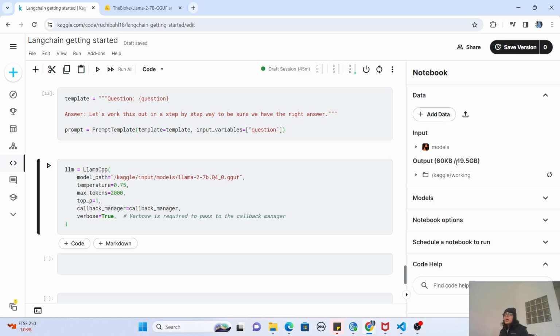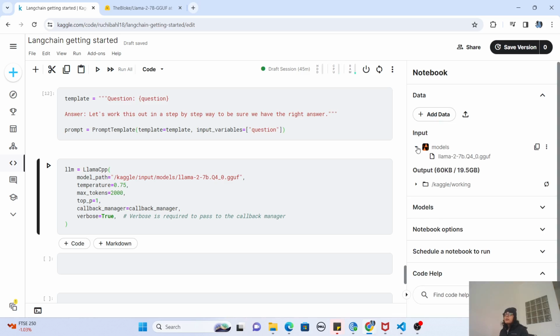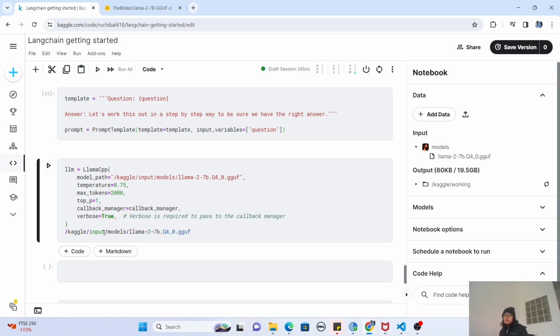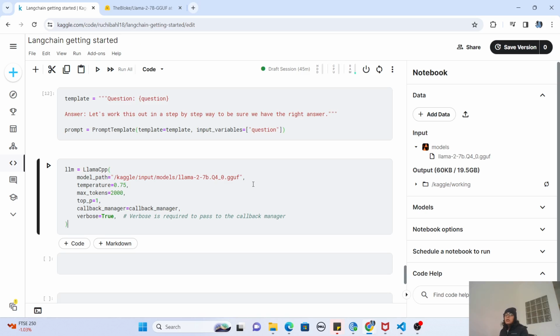Okay. Now if I expand this data set directory, you will see that my model is downloaded here. If I click on the file path and paste it here, you will see that this is the exact same path of my model that I have mentioned here. Okay. A little bit of an extra step if you are doing it in Kaggle,